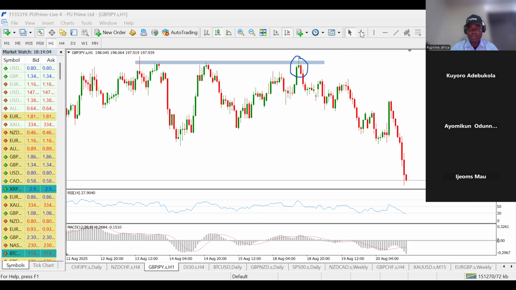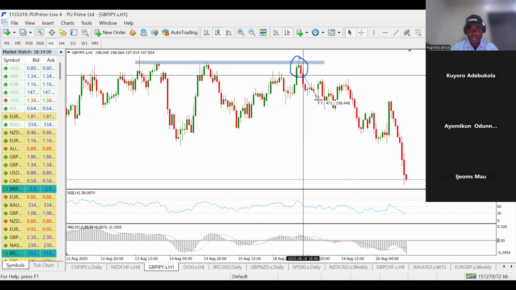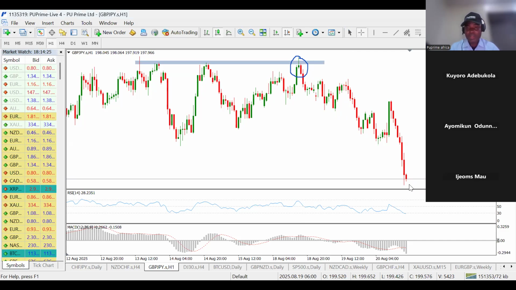Price declined. Price started selling, and the recent low here shows that price dropped initially 46, 50 pips, dropped to like 67 pips, and way downwards to the recent low at over 200 pips. You know, even if it's the first level it gets to at 50 pips, that's a whole lot on a